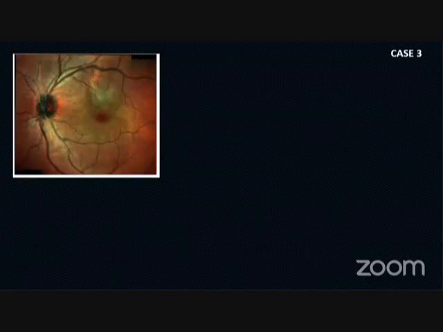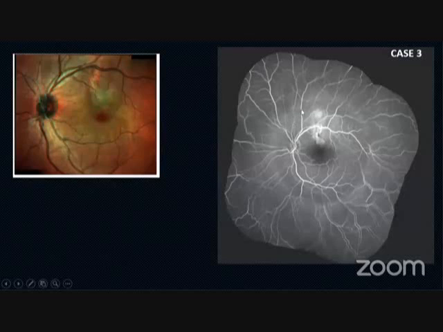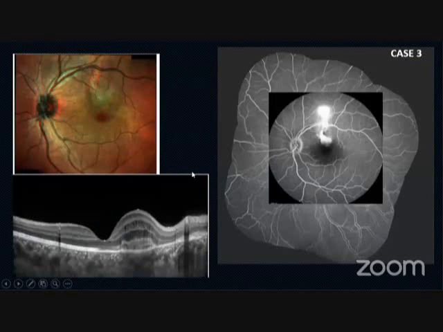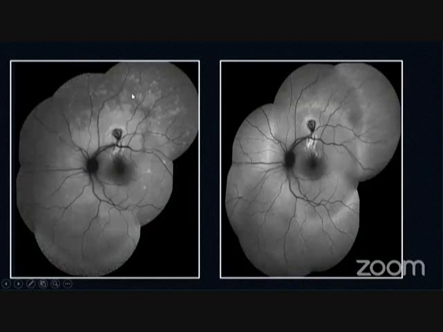Another patient again came with this leaky lesion in the superior parafoveal area, and by OCT and fluorescein we can see that this is a frank CNV. But why would this occur in a patient who has MEWDS? Having an autofluorescence, again we can see how nicely it has highlighted that this is a patient with MEWDS, and